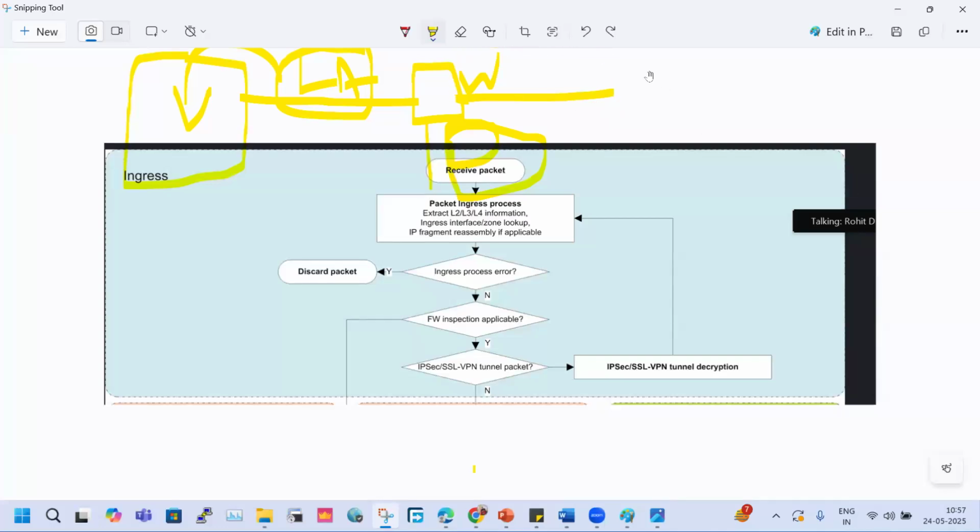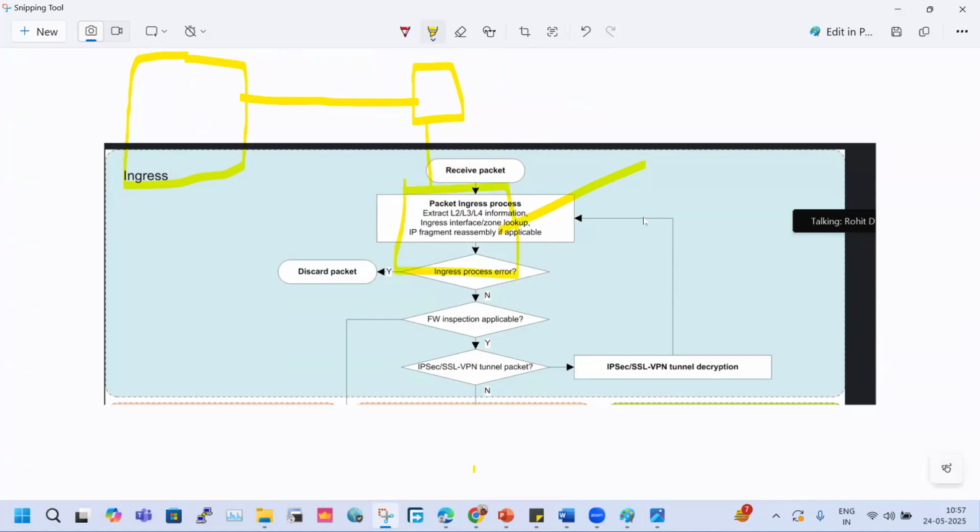WAN zone is a zone where your... Rohit, I speak. Military zone is not there, correct? Military zone is only for internal users, that is the database server, application... No, that is not the case. Demilitarized zone is the zone where you place all your public servers. Your servers will be accessible from the outside world, because you are making your servers publicly available.